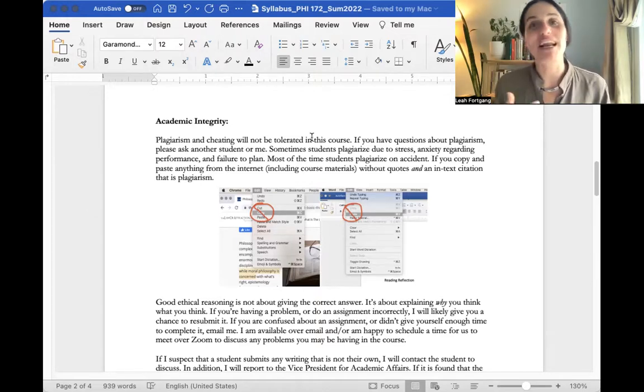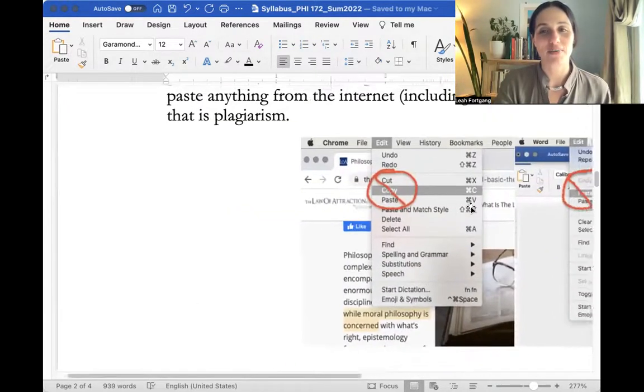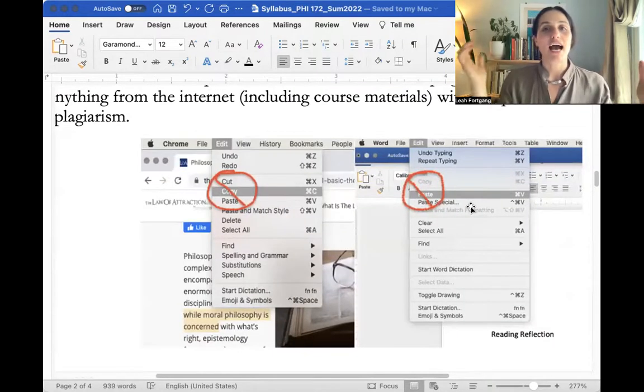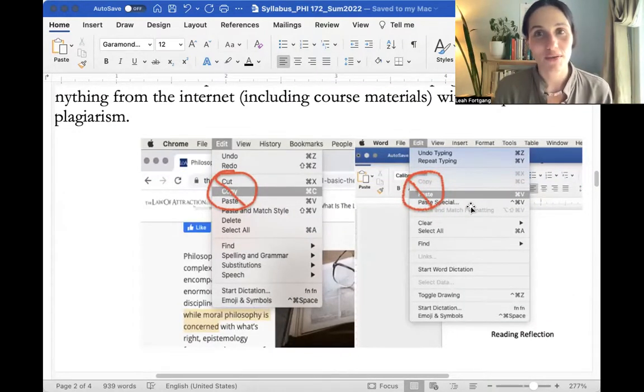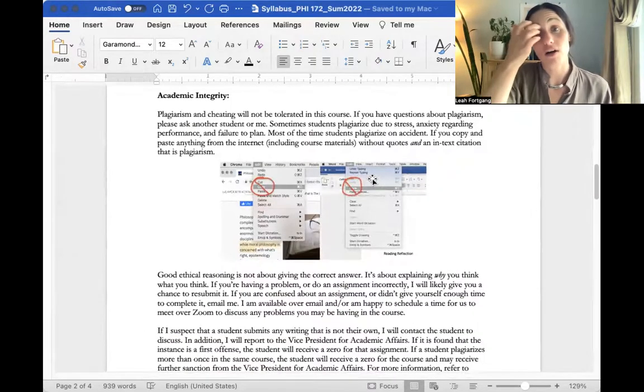But if you don't, what I will allow is this: if you send me your question and express your confusion, you just spell it out, either on the Q&A forum or via email, and you don't get full credit on that question, if you get a 0 on that question on the assignment, I will let you resubmit it. So instead of copying and pasting, before you copy and paste, either post your question to the Q&A forum or send me an email. That is going to be your best bet in doing well on that question, even if you don't end up getting credit on it the first time around.